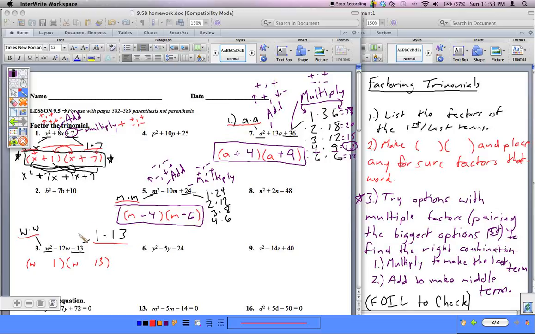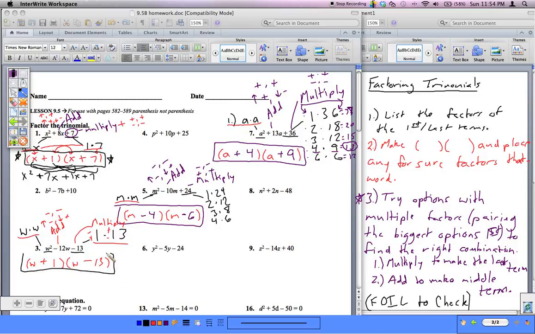So I'm multiplying to make negative 13. That would mean that this could be negative, and if the 1 is negative, then the 13 would have to be positive. Or if the 1 was positive, the 13 would have to go negative. Now, whatever combination I choose, I have to add them to make negative 12. So if I'm adding to make a negative number, remember that happens by a negative with another negative, or it happens with a bigger negative with a smaller positive number. And so the combination that works here is the negative-positive combination, and we know that the negative has to be with the bigger number, so this will go negative, this will go positive, and that is your result for that